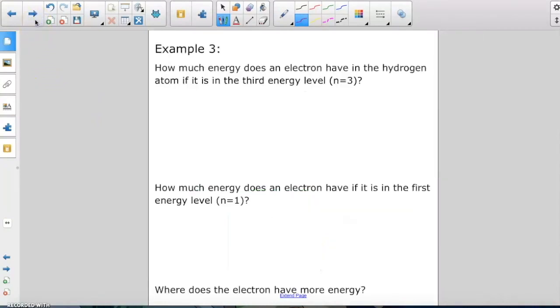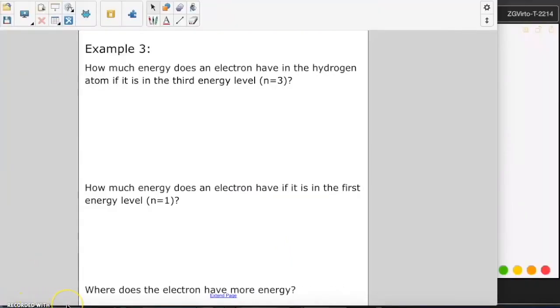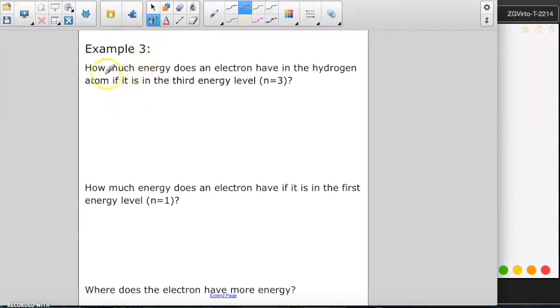Let's see an example in order to understand what we just did. Let's do some practice problems to understand how to calculate the energy of the electrons in certain energy levels and how to calculate the energy they need to absorb or release in order to jump from state to state. This is the first example. It says, how much energy does an electron have in the hydrogen atom if it is in the third energy level? So you want to calculate the energy that an electron has when it is in